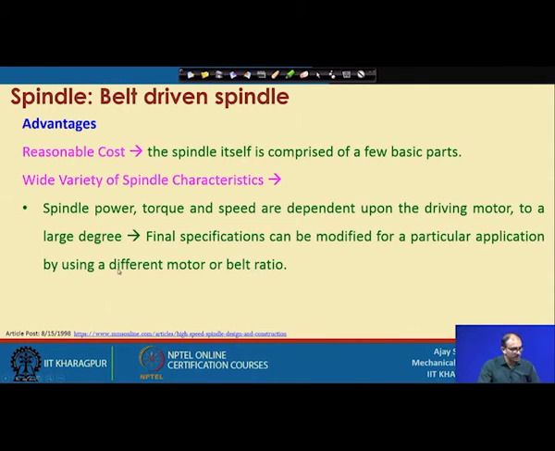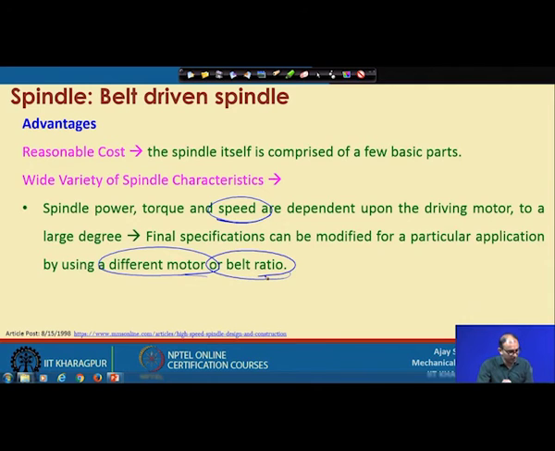So, that is a very big advantage here, because now suppose you are using a 5 millimeter tool and you want to go to a 1 millimeter tool. So, you obviously have to increase the speed, right. What is going to happen if the motor attached to this machine does not have that much speed? Suppose you want to rotate at 20,000 rpm, but your rating right now is only 10,000. Here you have the freedom to change this motor, or you change the belt ratio, right. Without changing anything else, if you just change the belt ratio, you can get that speed.